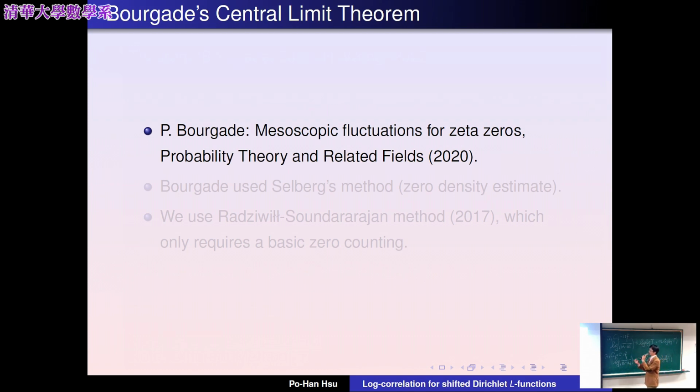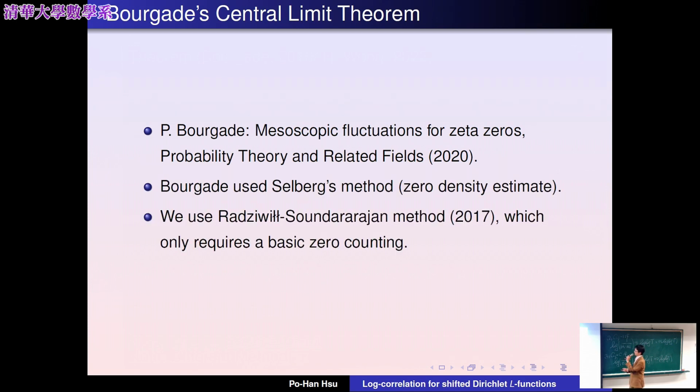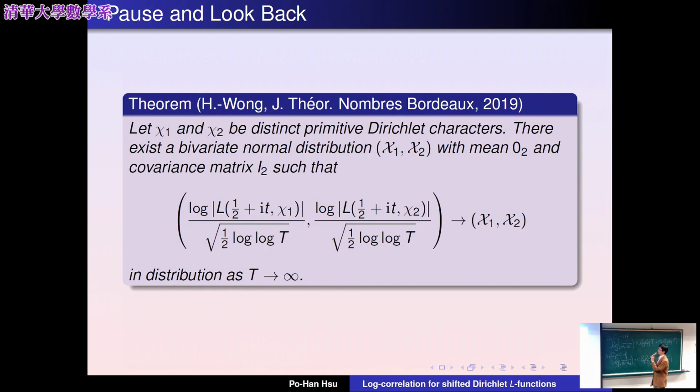So anyway, we were informed by Harper that our work for shifted zeta was proved by Bogart. Bogart used Selberg's method, and we use Roosevelt and Sundararajan. We used their work to do our search. Bogart's work is prior to this one, so of course we could not find Bogart's work. So that's our apology. Alright, we were a little bit frustrated, so we paused and looked back to see what